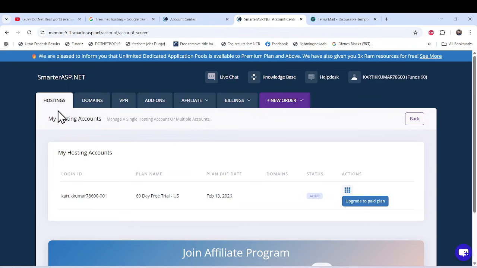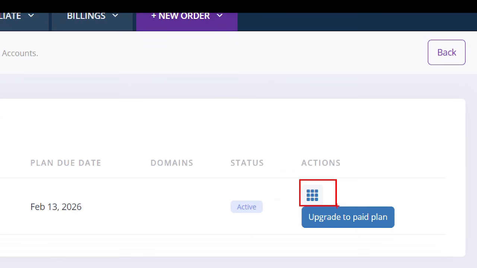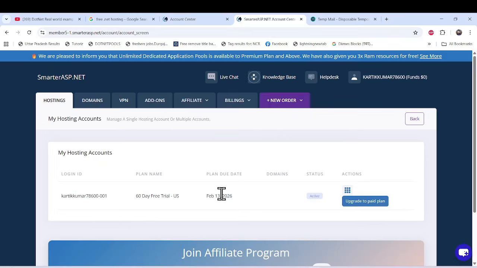Now see, it is landing on my hosting account, and in here, see, this is the control panel, okay, and the status looks active, and the plan due date is February 13, 2026, meaning it will last until this date only, right? Before that, I will also tell you at the end of this video how we can extend, or how we can utilize my same app again with another account and this same hosting, right? I'll show you how we can utilize this for a lifetime. But first let me